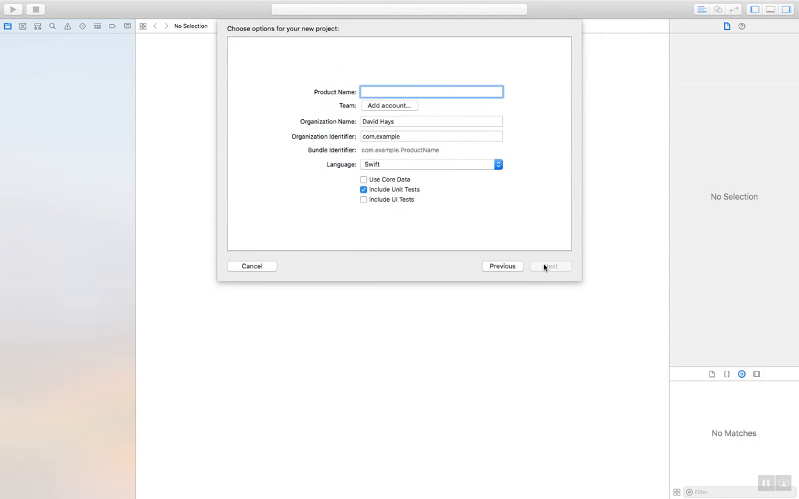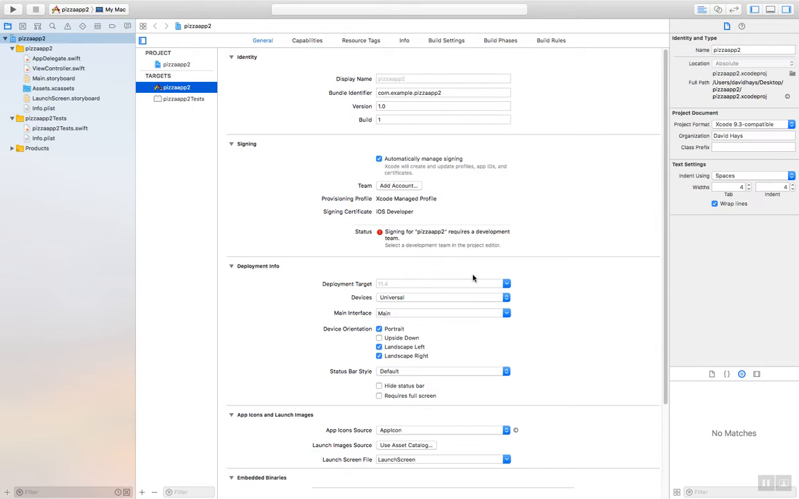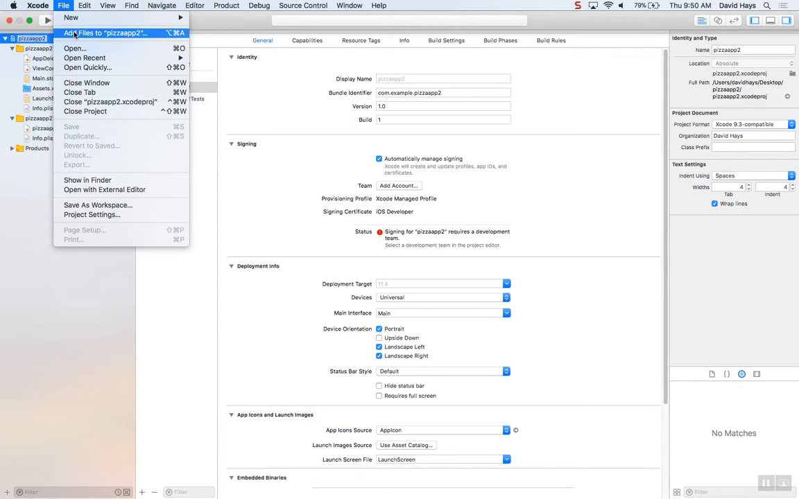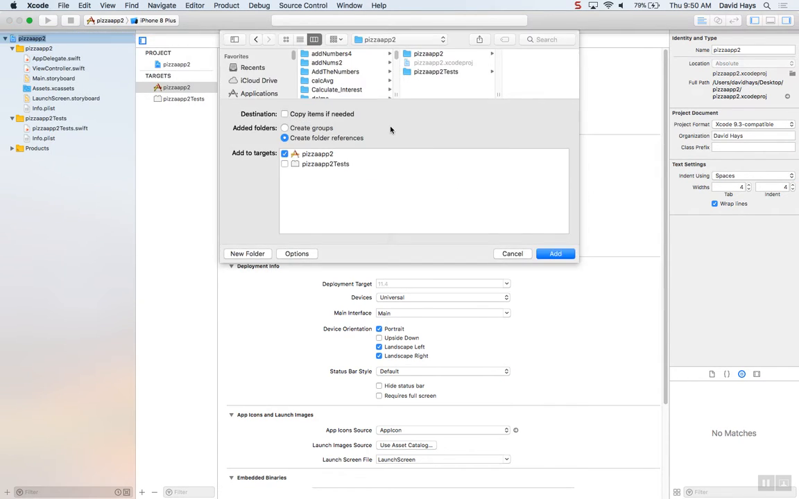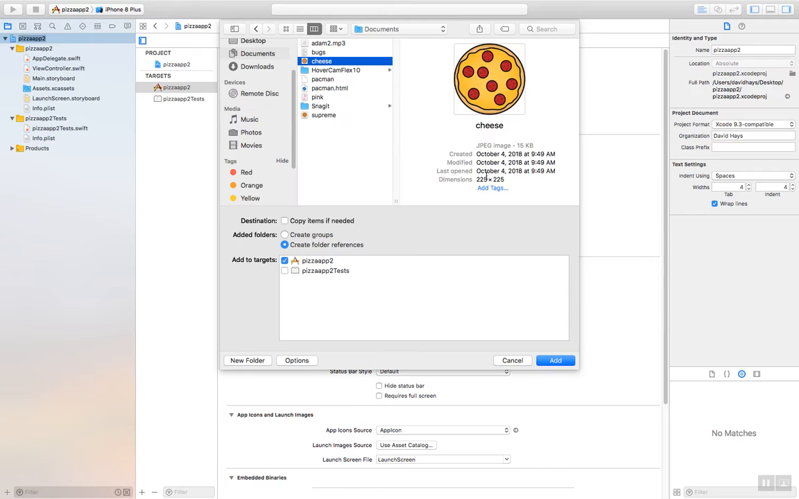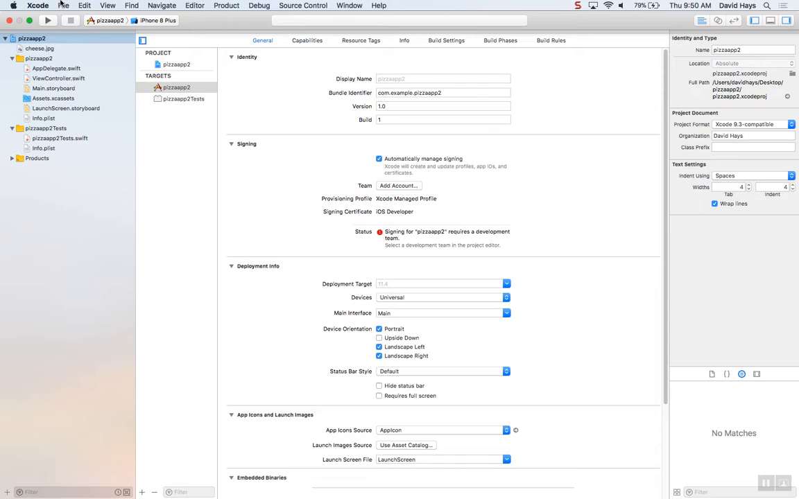Okay, choose single view app, pizza app 2. So I'm going to add those images. I'll go up here and do File, Add Files. I've got that saved in the documents. So I've got my cheese. I'll go ahead and add that. And then I'll add in